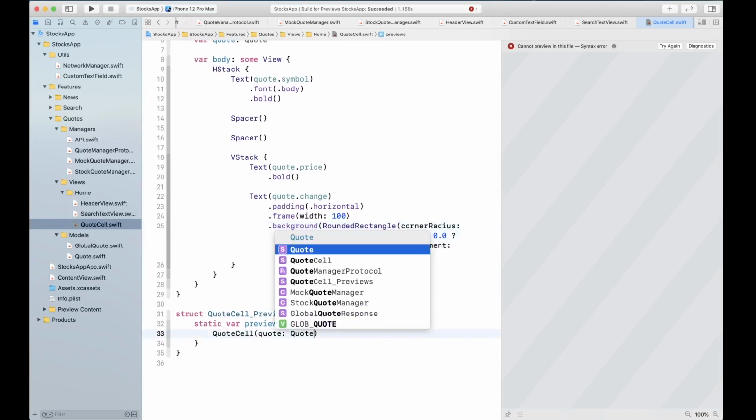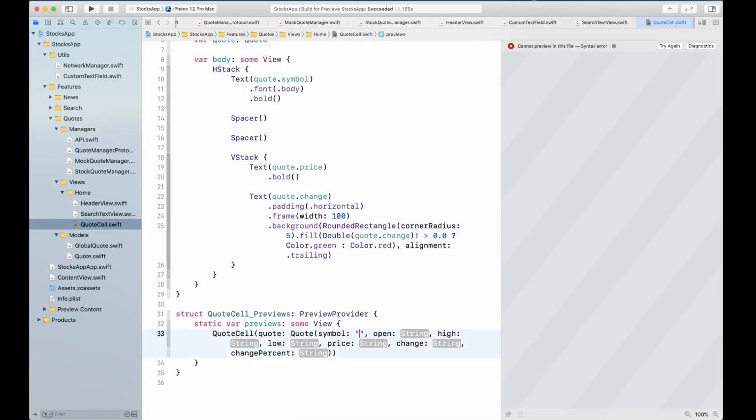So let's create a new quote object, Apple, open 135, anything that you like to have. I'm just putting some numbers in here. Okay, so let me go ahead and run the preview.